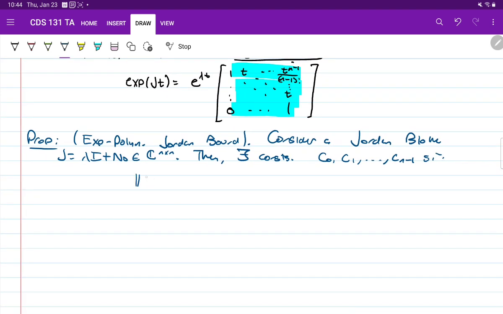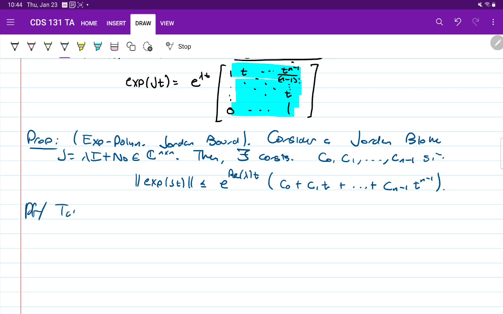the norm of exp of Jt is less than or equal to e to the real part of lambda times t multiplied by the polynomial c0 plus c1 t plus ... c_(n-1) t^(n-1). Okay? And the proof of this is effectively just, let's take a really goofy norm on our matrix exponential. Let's take the matrix norm, which sums up absolute values